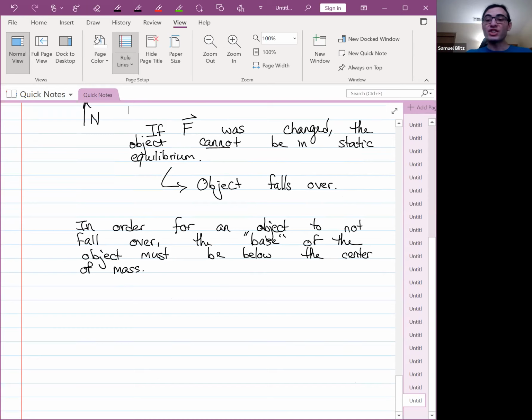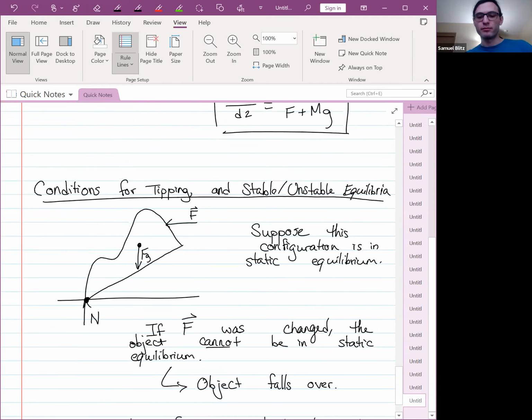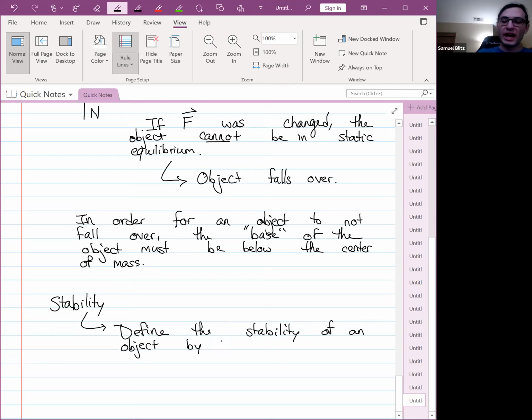So we can actually define this notion of stability in this case, i.e. what does it mean for a situation to be in stable static equilibrium? We can actually define that in terms of how much something rotates. So we define the stability of a setup, and I'll give an example in a minute. The stability of an object, or a system, by the angle through which it can rotate